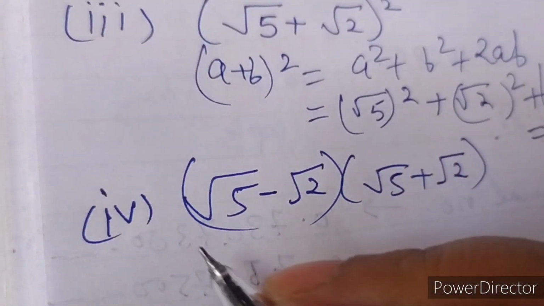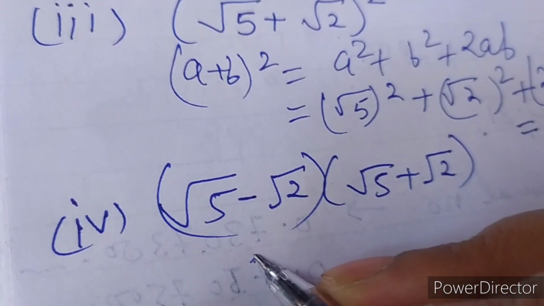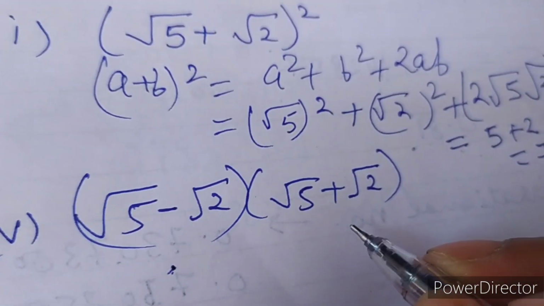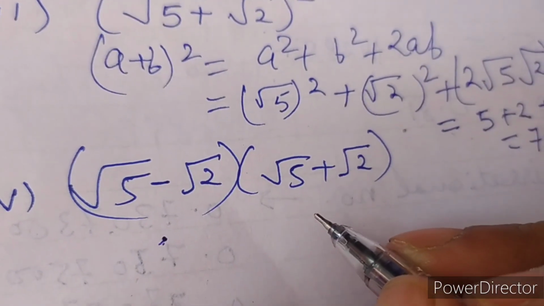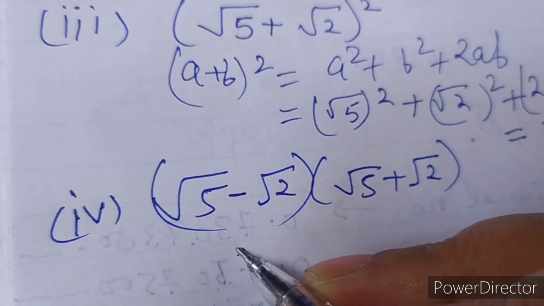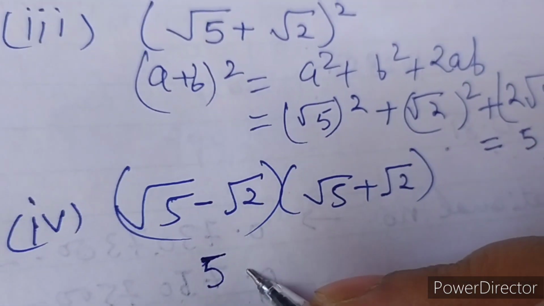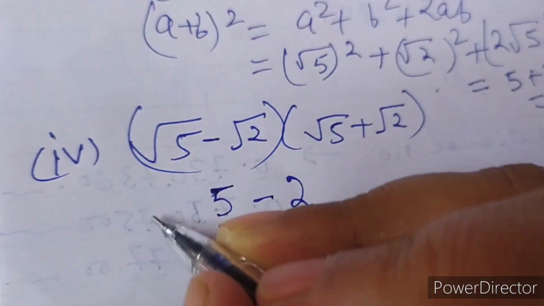Next is again the same type of multiplication is there. If you solve it, you will get, and this is also a similar expression that you will get from formula under root 5 whole square minus under root 2 whole square, that is a square minus b square. So a is under root 5, so under root 5 whole square will give you 5 and minus under root 2 whole square will give you 2, and the answer will be 3. Question number 3 is,